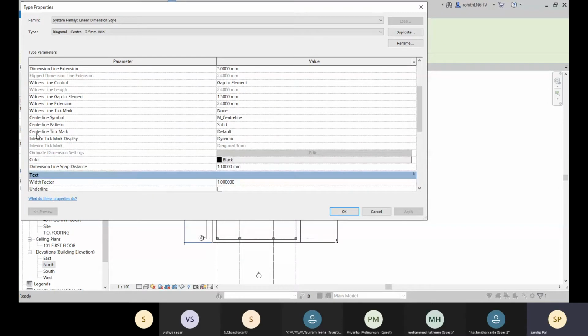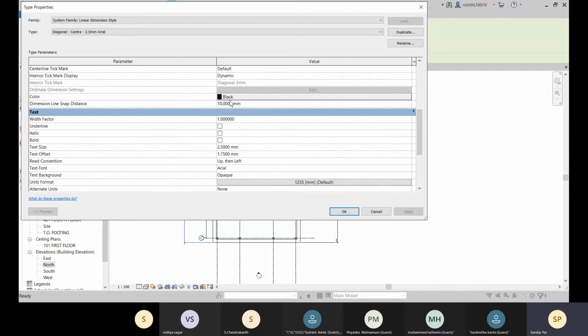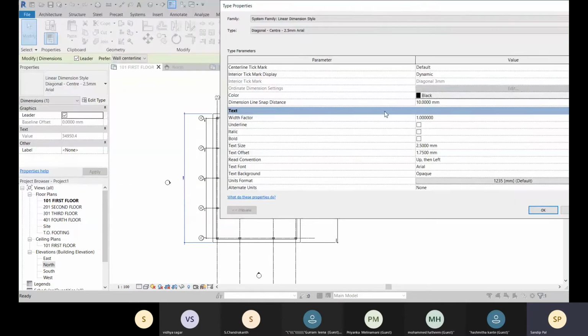Okay, and what is the center line tick mark? That is your default center line tick mark. Center line symbol is there. Okay, so that is about the color. And let's go to this text width factor. So the text has only one width.